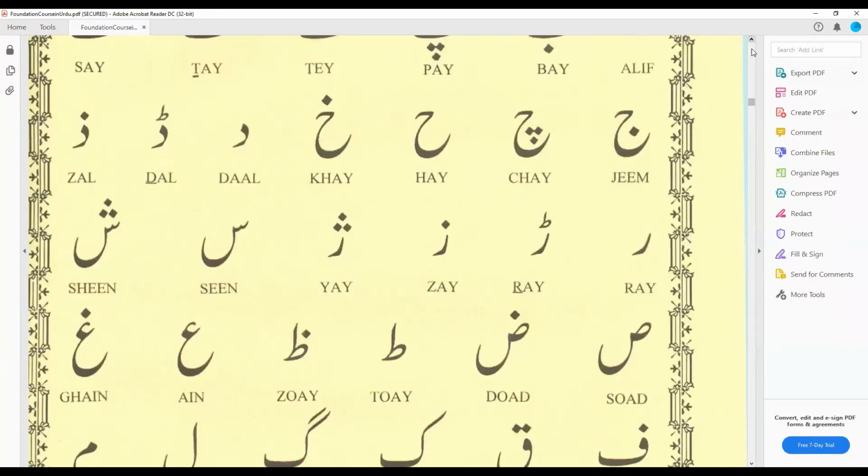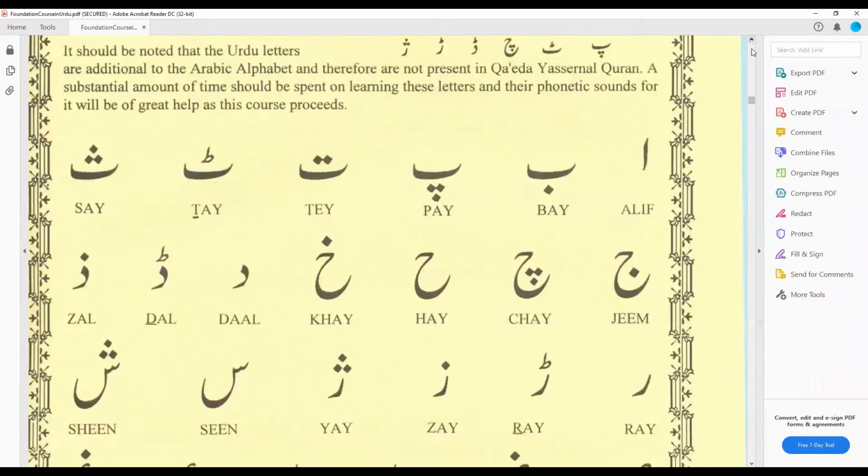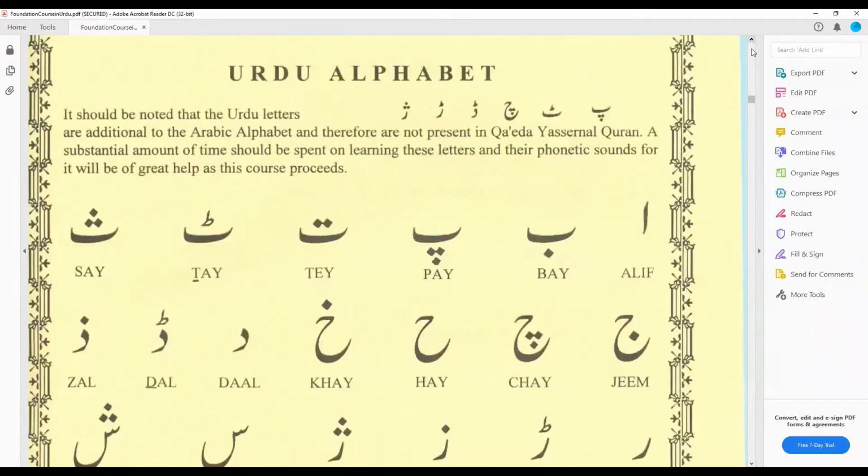Okay. If you notice on my Instagram, I shared this page. This is very important for Urdu alphabet. You can download it from there, or you can have a picture of this page. This page is very important because there's a sound in there and some letters. These letters are pe, te, che, re, and se. These letters are not included in the Arabic alphabet. This is especially the Urdu alphabet.